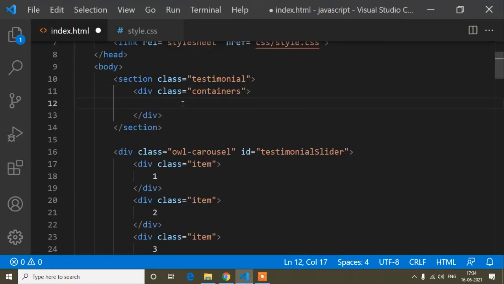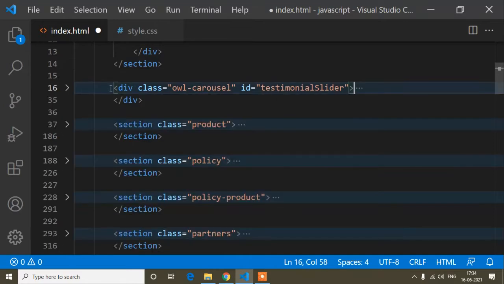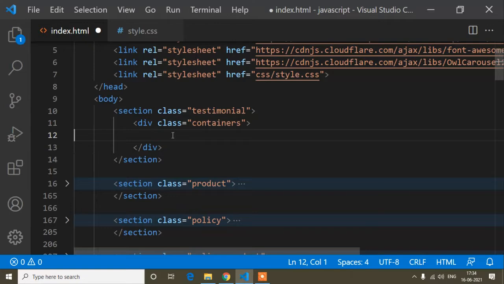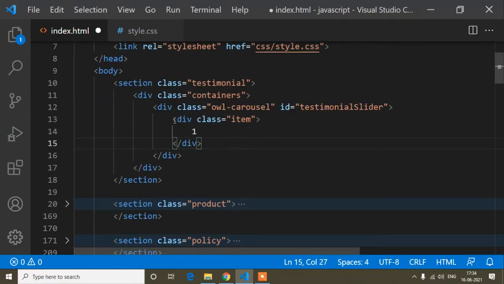And now guys, here I will use Owl Carousel. It's very simple, just this and the item have to be added. So I will cut from here and paste it here. I don't need all the items right now, so I will keep just one item. Inside this item, first of all, I will write the HTML code for the image, I mean the person who will give the review, the name of the reviewer, the designation, the description, everything.